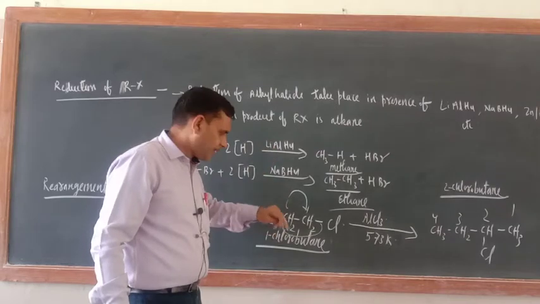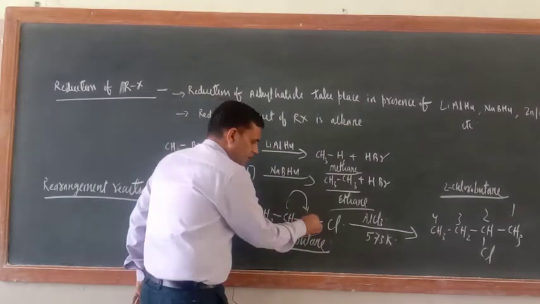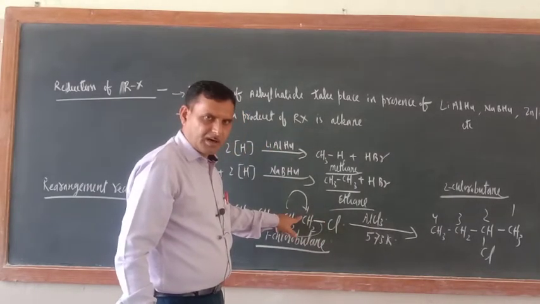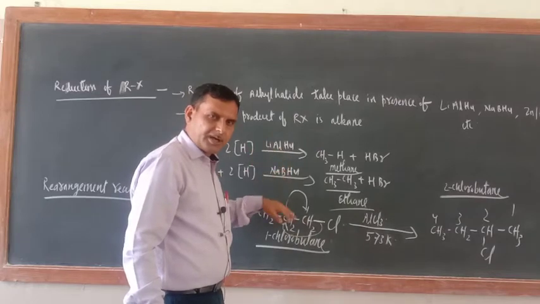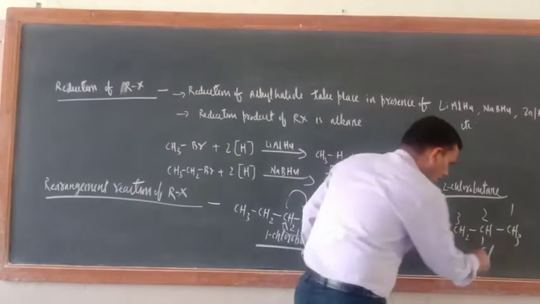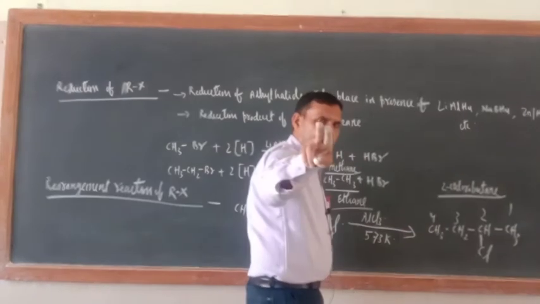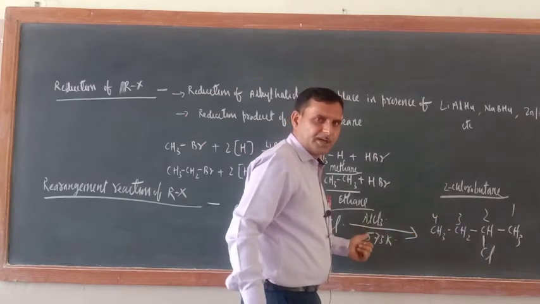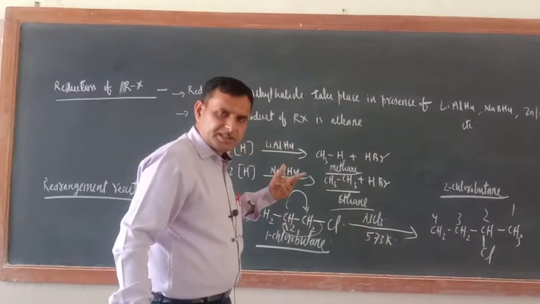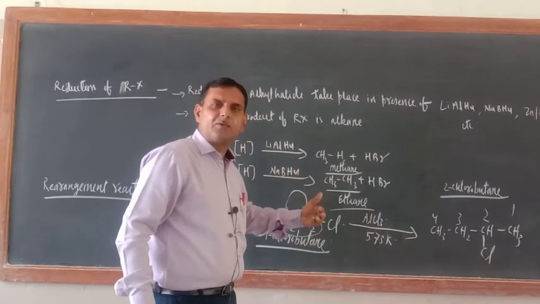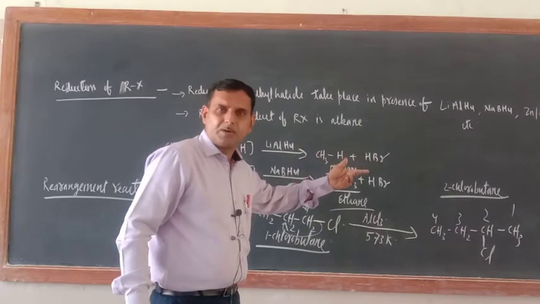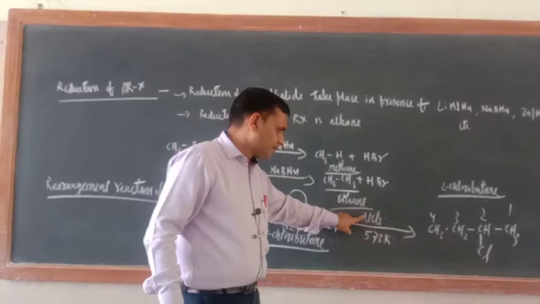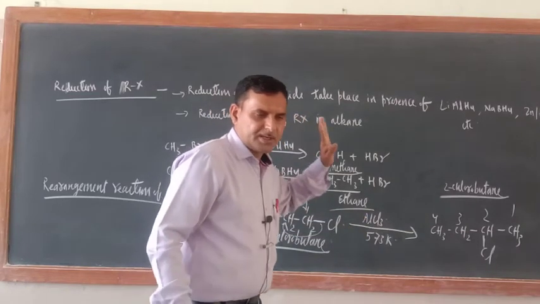And now just see, in terms of carbocation also we can explain. If the C-Cl bond gets broken, then a 1 degree carbocation will be generated. Correct or not? The stability of 1 degree carbocation is less. If the bond is broken from here, then a 2 degree carbocation will be generated. A 2 degree carbocation is more stable than a 1 degree carbocation. So the purpose of rearrangement reaction is to get from a less stable compound to a more stable compound. Rearrangement takes place in presence of AlCl3 and the temperature must be this much only.